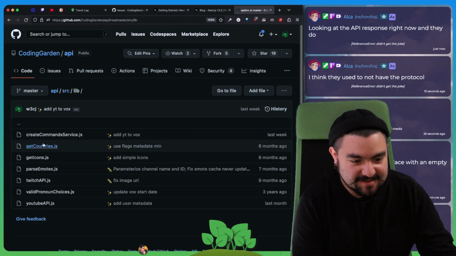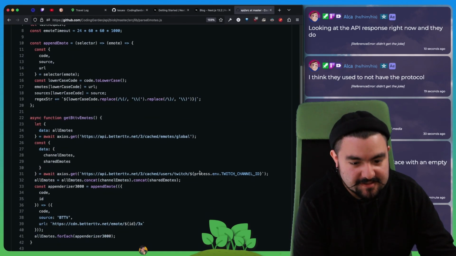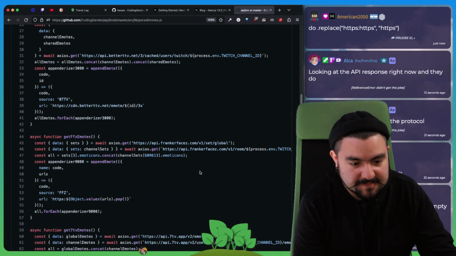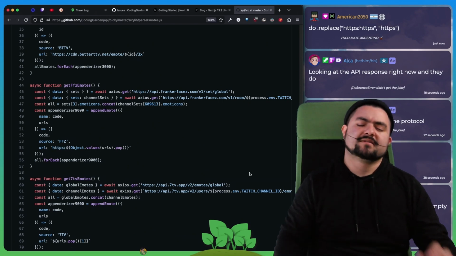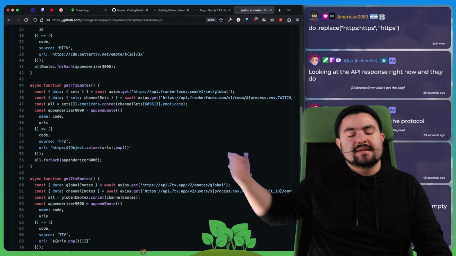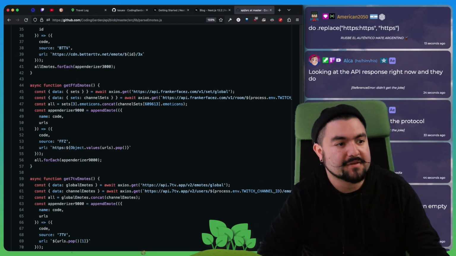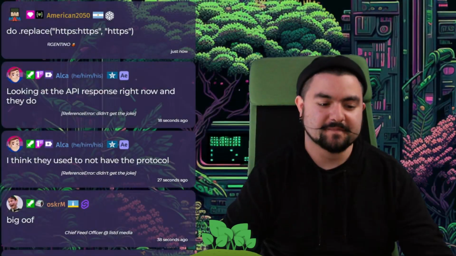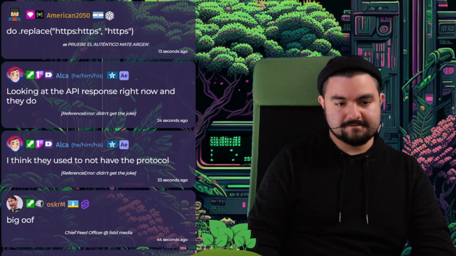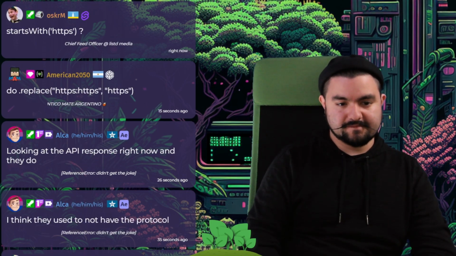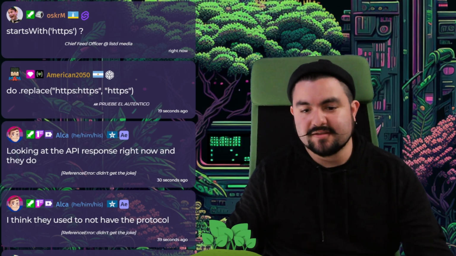Okay, because this is actually happening on my backend. Yeah, because look at me, I'm putting that there. I need to fix it on my backend because my backend is putting those into the database with a bad URL. Let me fix this really quick. I basically have to add logic. If it starts with HTTPS, do nothing. If it doesn't, then